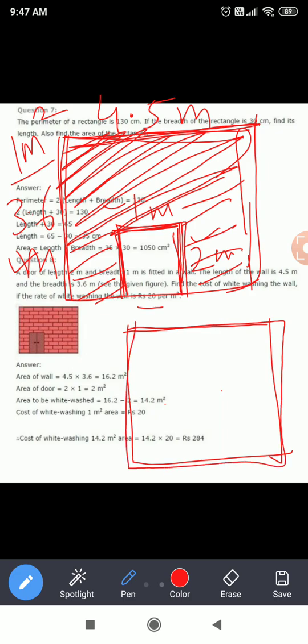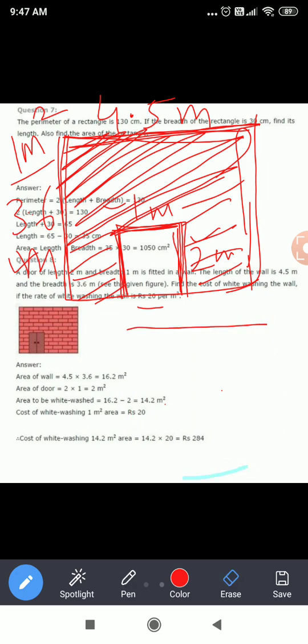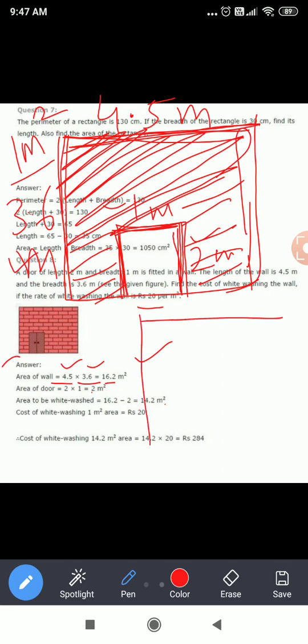The wall is in rectangular shape, so for finding its area, that is 4.5 into 3.6, length into breadth. That will come out to be 16.2 meters square. Clear? Now, see, this was the entire wall, but here the door was there, and we have to remove the